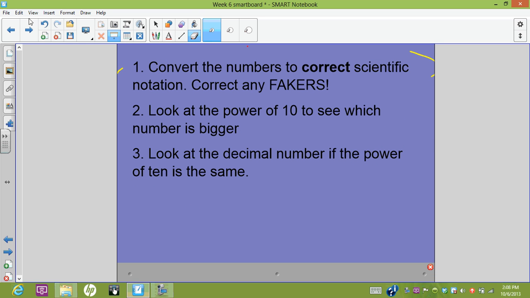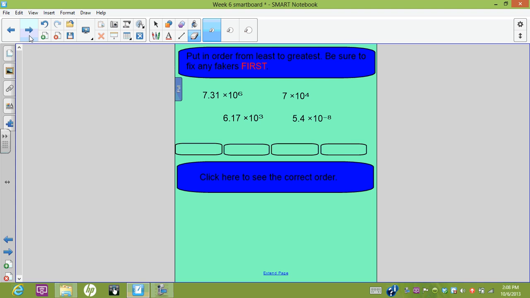Okay, so we're going to convert the numbers to the correct scientific notation. But if we look here, all of our first decimal numbers already are in correct scientific notation because those first numbers are between 1 and 10. So if we're going to put them in order, we just need to look at our powers of 10. That's step 2 in comparing. We have a 10 to the 6th, 10 to the 3rd, 10 to the 4th, and 10 to the negative